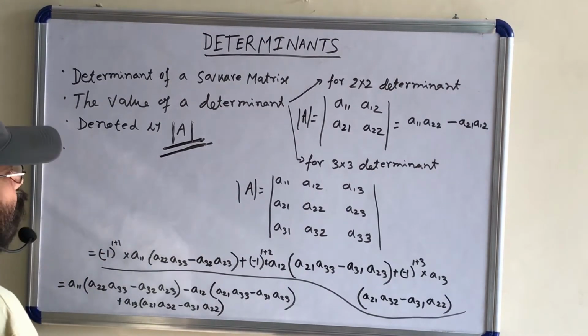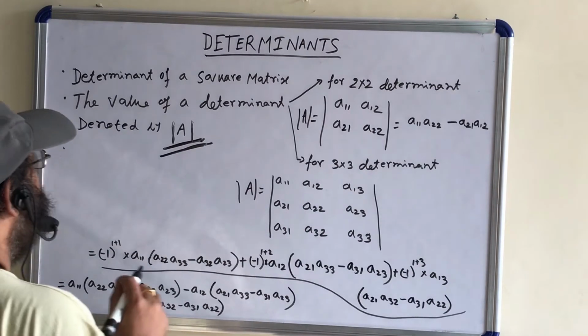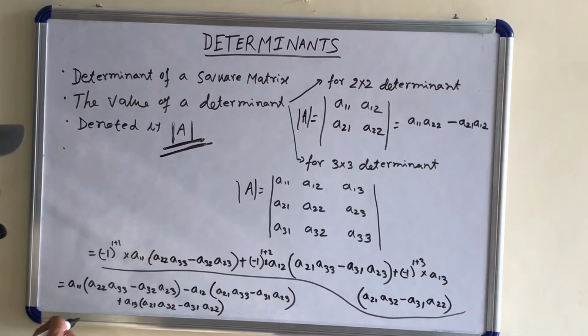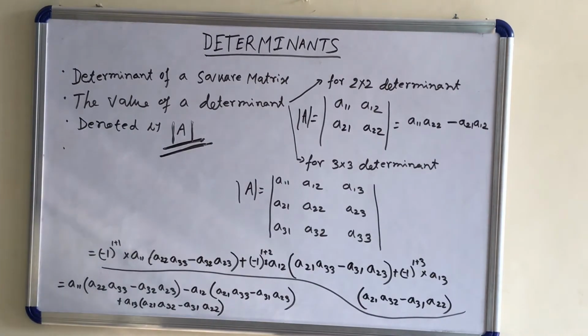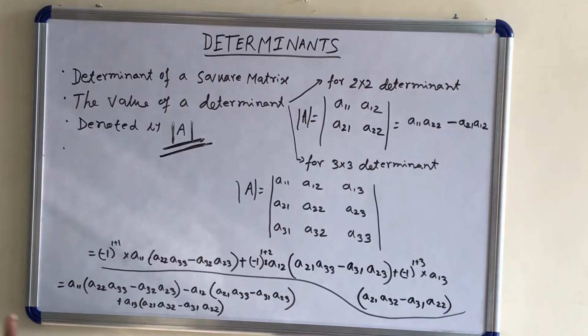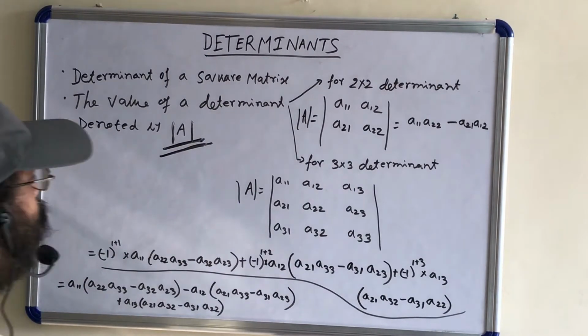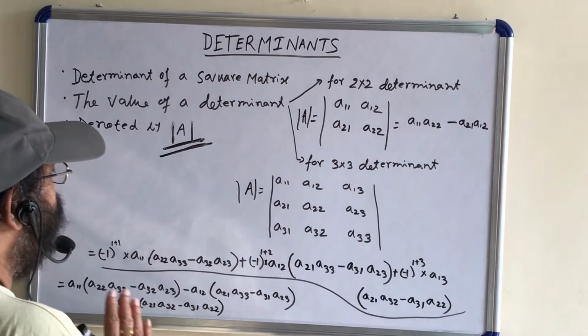And I just told you a determinant has a value. Each and every determinant has a value. So how will you find the value of a determinant? For CBSE class 12, you need to work out the 2 by 2 determinant and the 3 by 3 determinant. Obviously it will be a square matrix, so it will not go beyond 3 by 3. It will be 2 by 2 or 3 by 3.